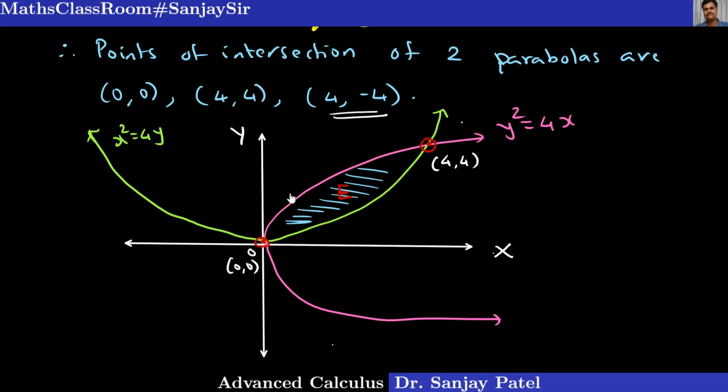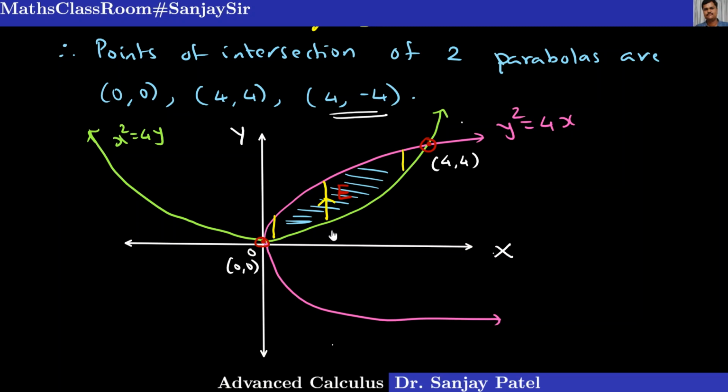Okay, and let us decide how to integrate this using the repeated integral. Suppose you want to integrate with respect to y first, then we take a strip parallel to y-axis in this region. So let me take an arbitrary strip in this region of integration. And you can check for all the position of this strip, whether it is here or here or here, the lower end and upper end remains on the same curve. So there is no harm in integrating with respect to y first and then with respect to x. So first, when we integrate with respect to the variable, the limits of that variable will be a function of x or constants. But the last variable with respect to which we are integrating, its limits are always constant.